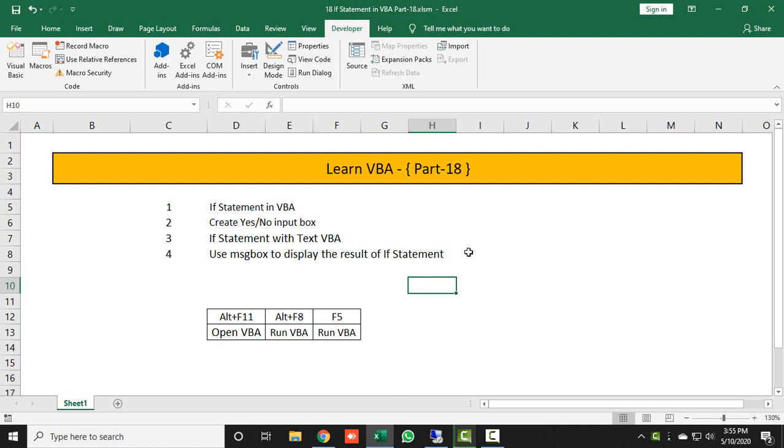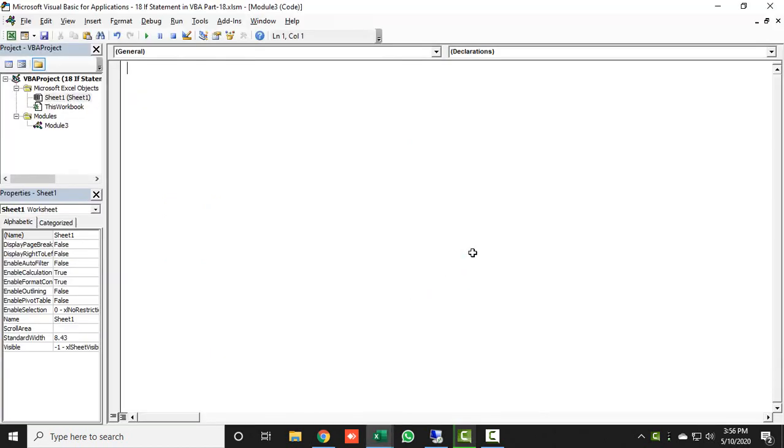So simply you can just press Alt F11 to go to your VBA page, and here we will first type our sub name. Let's say I'm taking sub, and the name is if test1. Any name you can put over here which you want, and let's give the apostrophe symbol and write the comments for this coding.